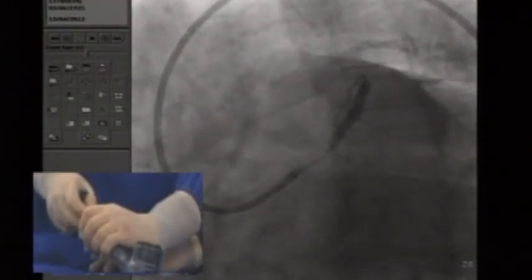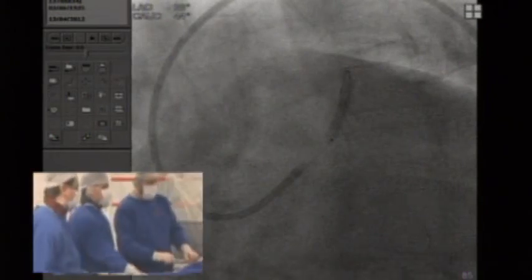Okay, Marco. This is what, a 3.0? Can I inject now? If you inject now, you'll see. But it's maybe too late. But 3.0 by 33 and a 3-0 Firebird. Go. So it's very close to the ostium. Yes, very close. But